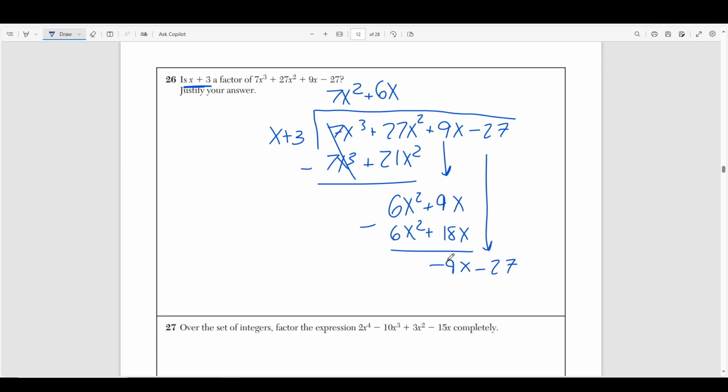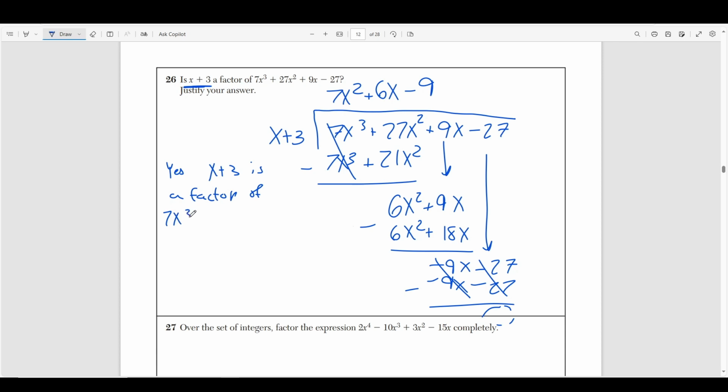Okay, how many times does x go into negative 9x? Well, negative 9 times. x times negative 9 is negative 9x. And 3 times negative 9 is negative 27. If I subtract, these cancel out, and I have no remainder. So remember our rule. If we divide something and it has no remainder, aka it evenly divides into it, it is a factor. So then I just have to draw that conclusion by saying that yes, x plus 3 is a factor